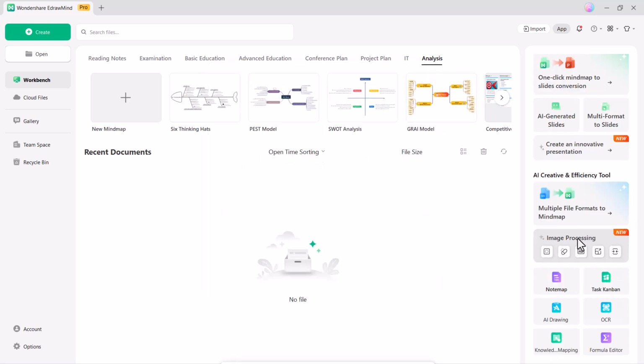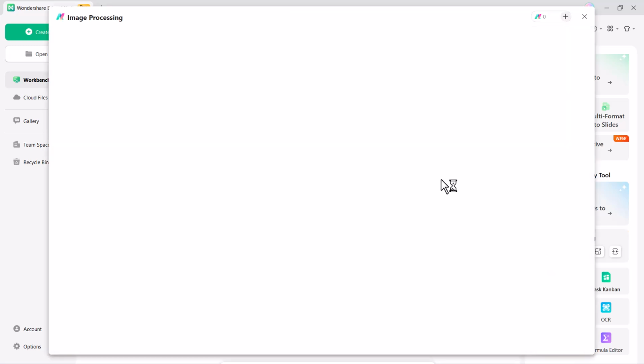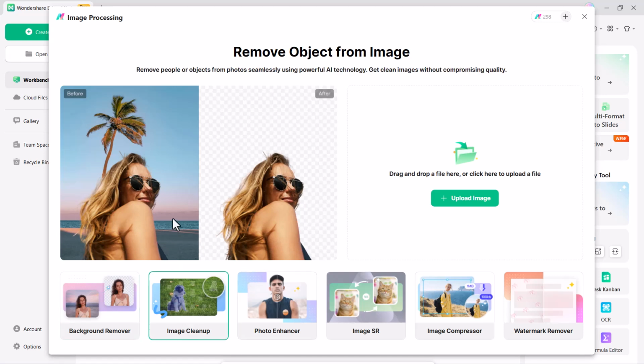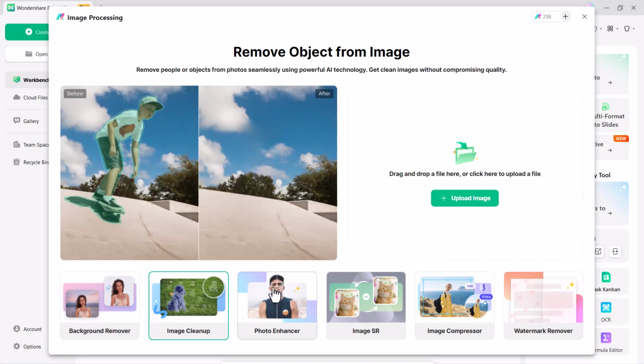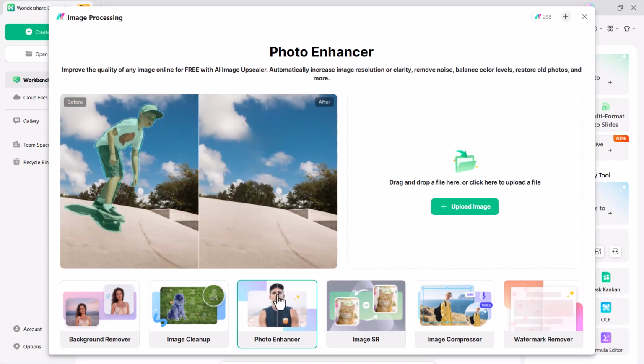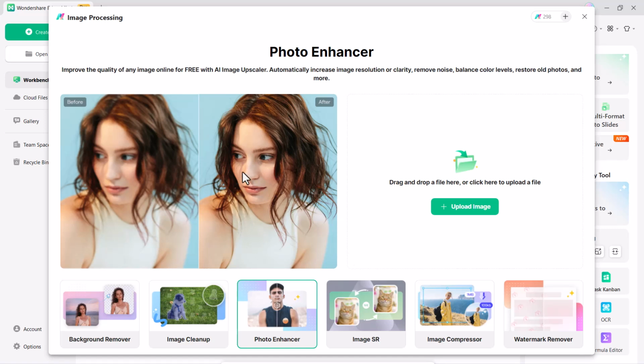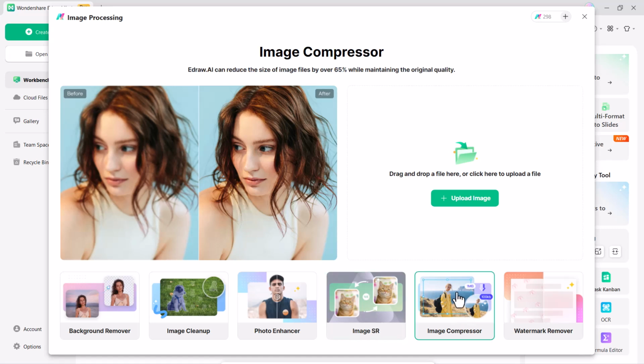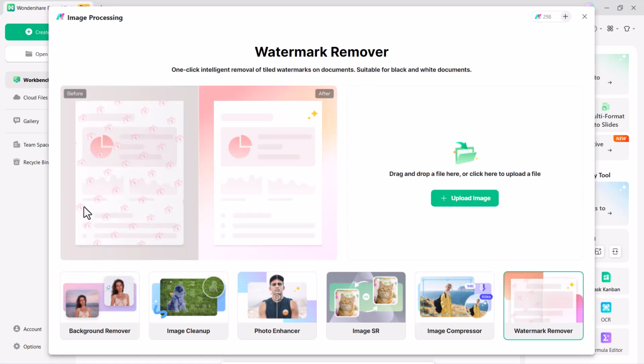Next we have image processing, a newly launched feature in eDrawMind. This feature includes several powerful tools: background removal, easily remove backgrounds from images for a cleaner look; image cleanup, improve image quality by eliminating imperfections and noise; photo enhancer, enhance the overall appearance of your photos with automatic adjustments; image super resolution, increasing the resolution of images while maintaining clarity and detail; image compression, reduce image file size without significantly affecting quality; and watermark remover, remove unwanted watermarks from images effortlessly.